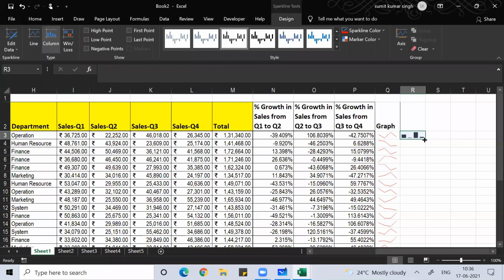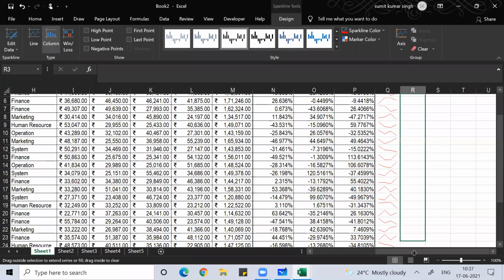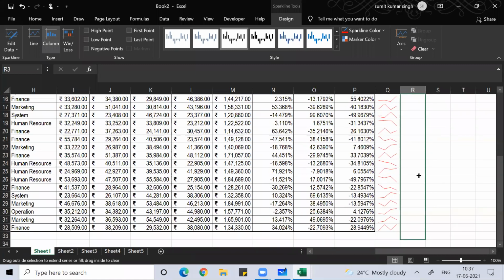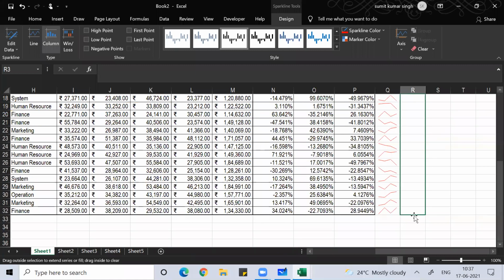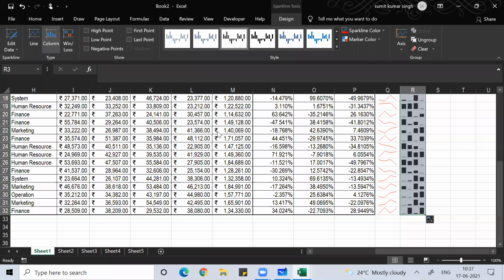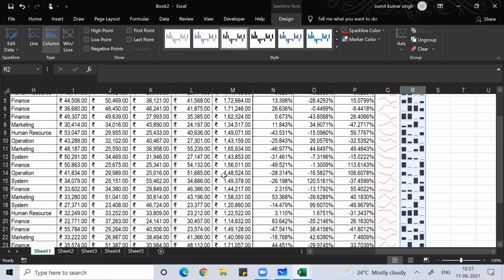Do double click or drag it. If double click is not happening, then you can drag it. So this was the line diagram.